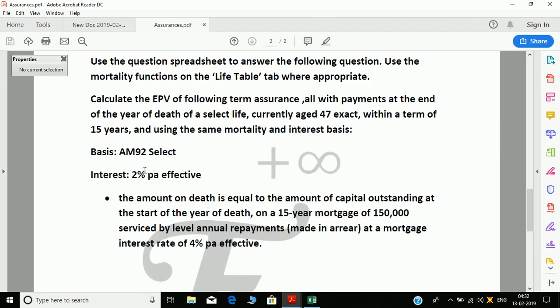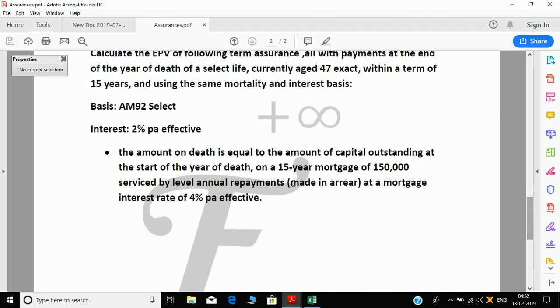So that basis is AM 92 select and interest is 2% per annum effective. The amount on death is equal to the amount of capital outstanding at the start of year of death on a 15-year mortgage of 150,000 serviced by level annual repayments at a mortgage interest rate of 4% per annum effective.